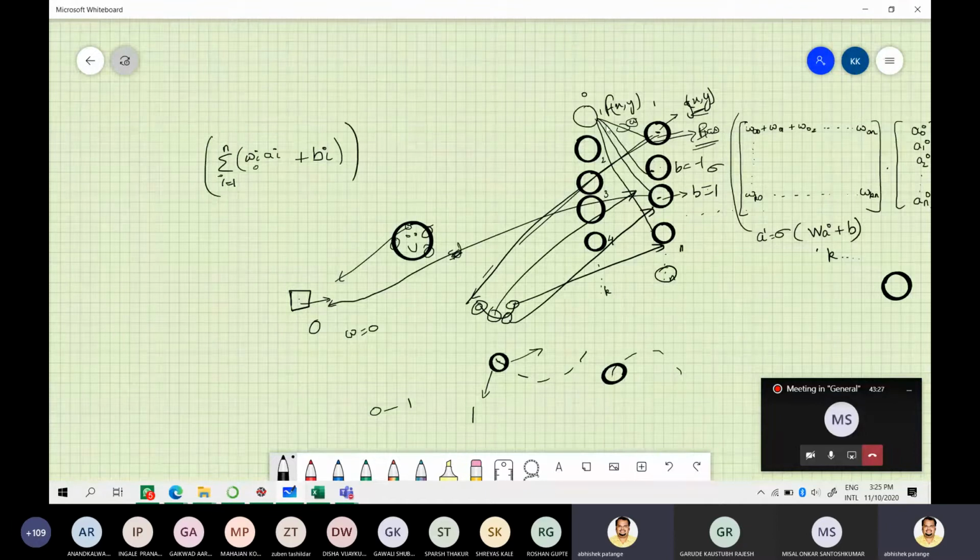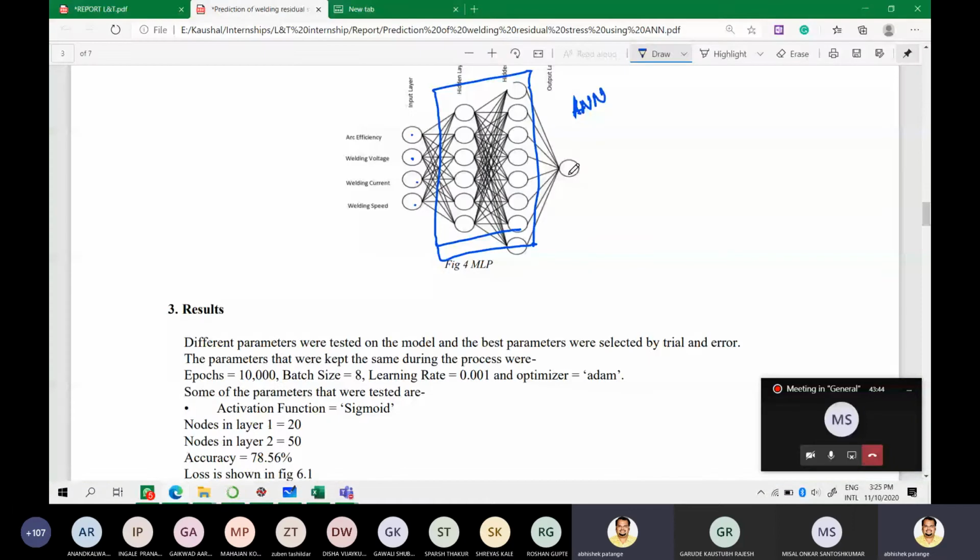And then this is the sum of all the mappings of the input node with the hidden node, and then we take a function of that. This is the activation function. This is the output which will get mapped further on. I'll show you here. All the input nodes are mapped to these hidden layers.